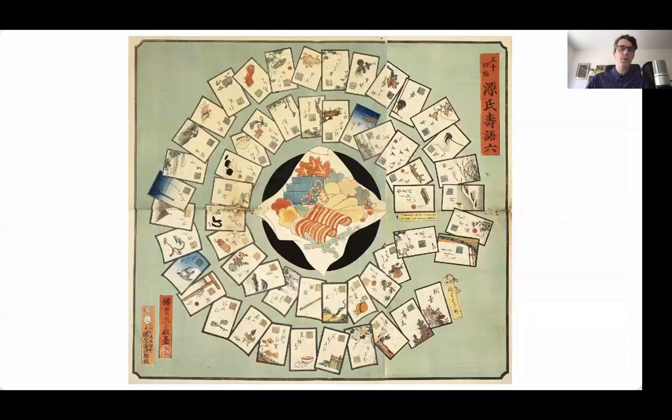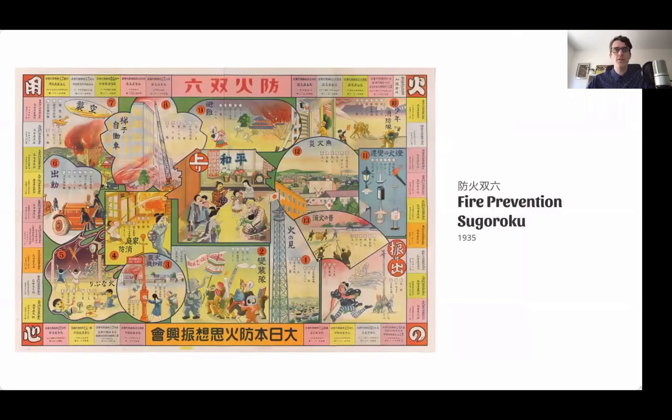Each Sugoroku board comprises a dozen or more illustrated spaces, with text informing the player of their next move, and sometimes a small bit of description about the illustration that's in the space. And Sugoroku could feature nearly any content or subject matter. It could be about travel, history, ghost stories, religious lessons, or even, as in this case, an advertisement for fire